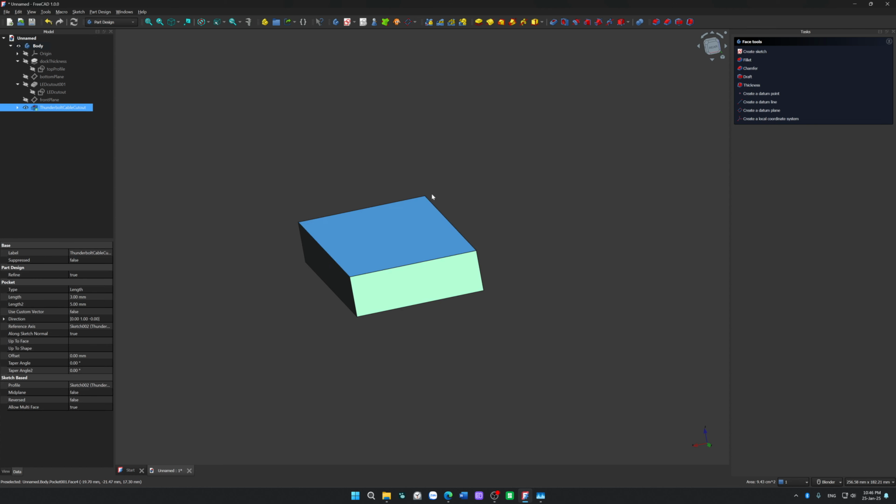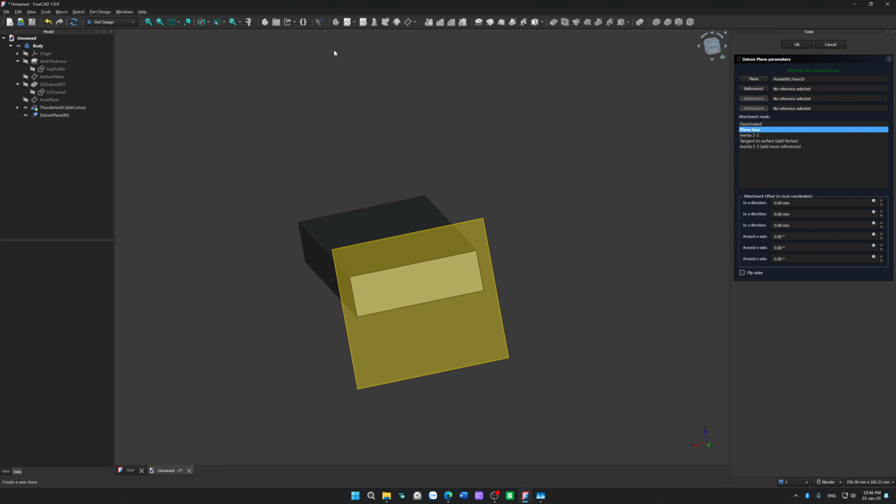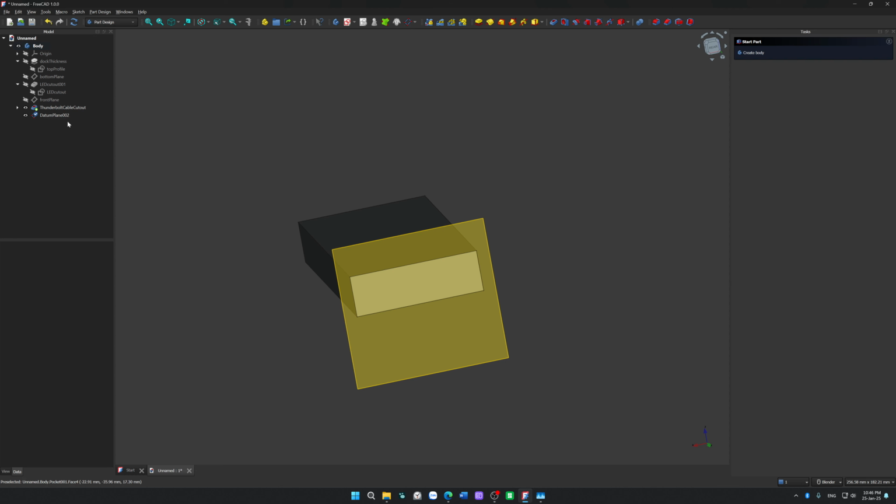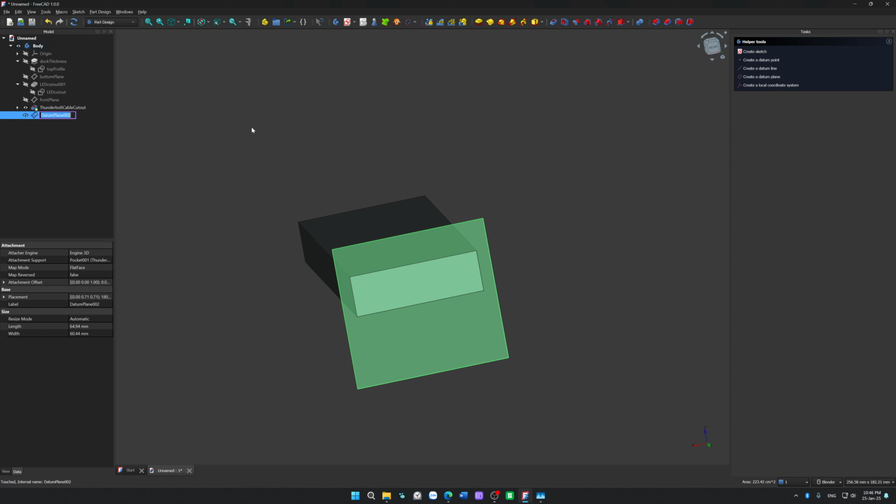Nothing unusual about it. Datum plane, and I'm going to name that plane rear plane. Alright, sketch,